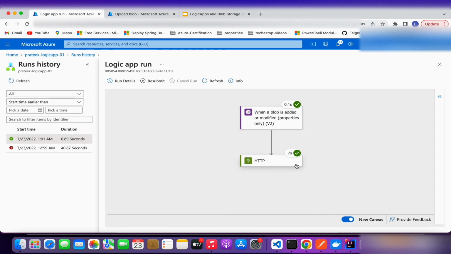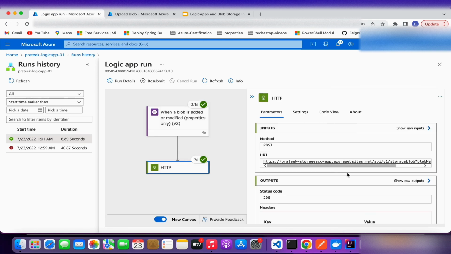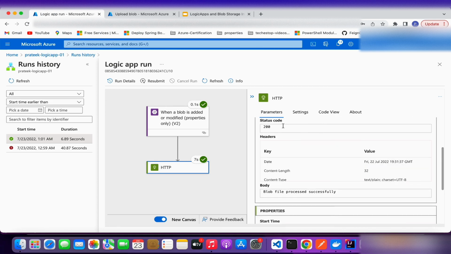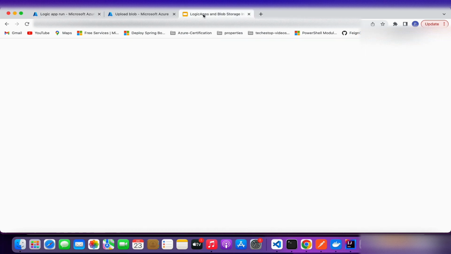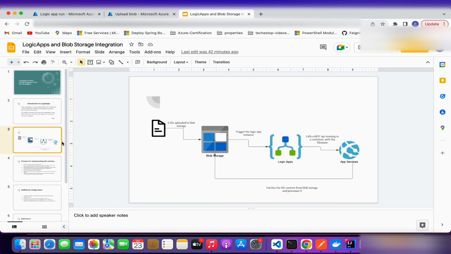If you see here, everything has been ticked. If you open this HTTP request, this endpoint has been triggered with this file name, and the output is a 200 status code and a body which says the blob file was processed successfully. Okay, so the REST API has been called successfully through the Logic app. So this was it for this video. We have successfully integrated Logic app with the storage account, and we have triggered an application which is running on the app service,